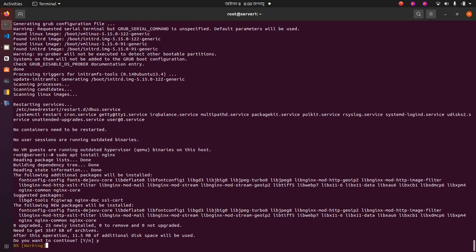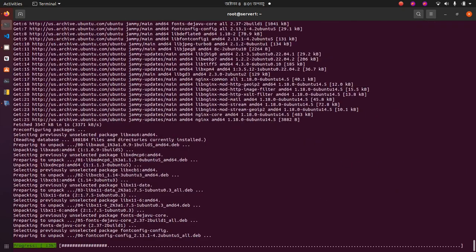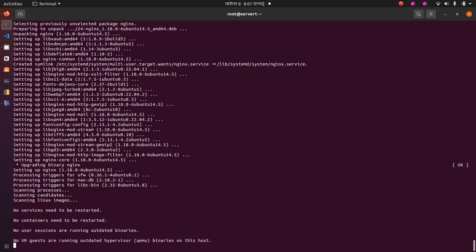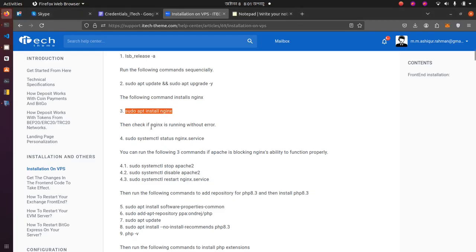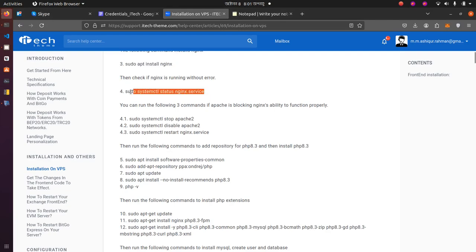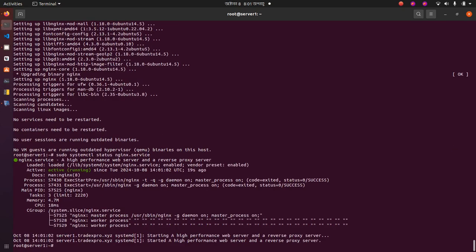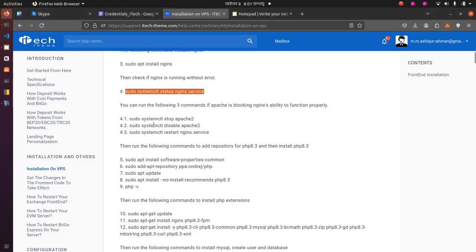Nginx, yes. Some of these commands, they will ask your confirmation for installation. You'll have to type Y or yes or something similar. To check if Nginx is running without an error, we'll run this one. Yes, Nginx is running. Now Apache is a web server similar to Nginx, but if both Apache and Nginx are